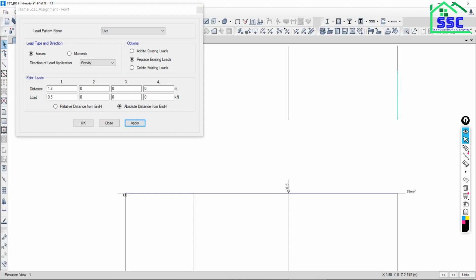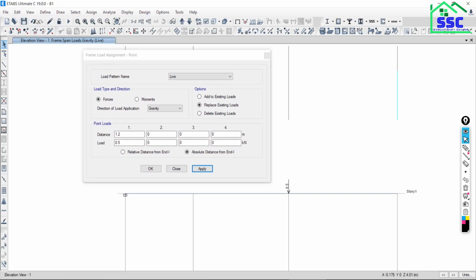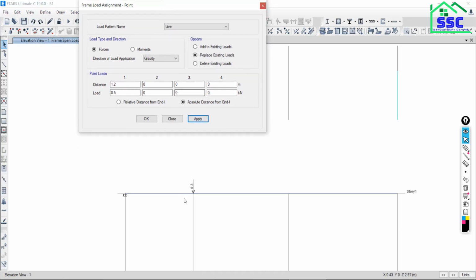See, the problem is that we are working with the replace existing load option. So undo, and the previous assignment will be back. Now to assign this load, choose the option add to existing load. Now it's correct.